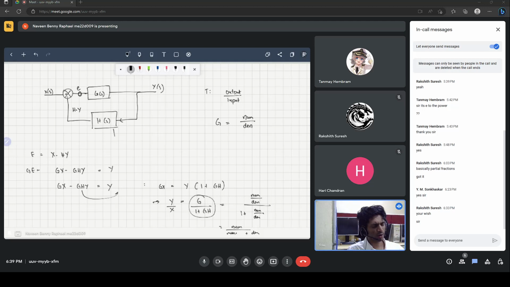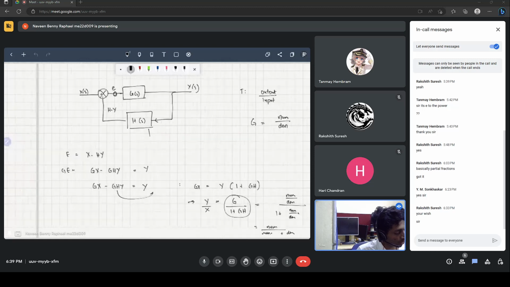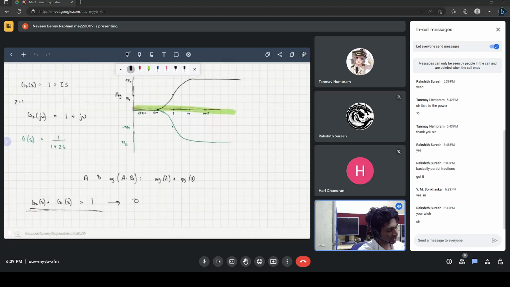For example, if you're looking at, what's that thing called? Okay, so the only, yeah, so if you're looking at Bode plots,